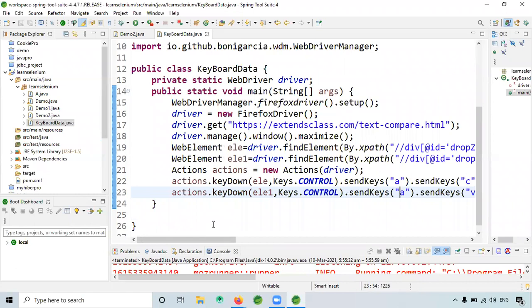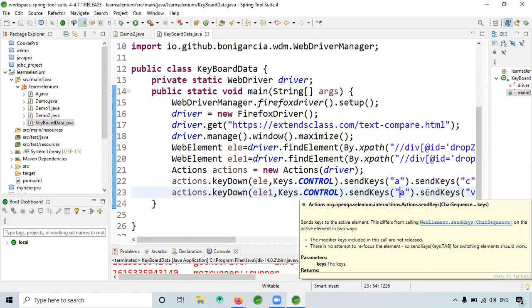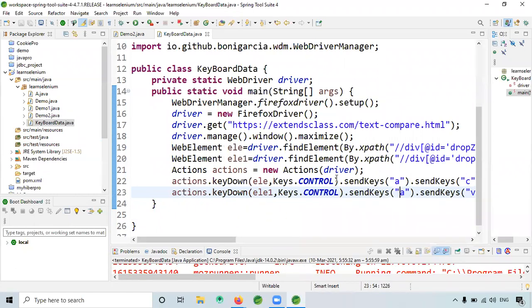To replace the text, if I give simply V, there might be a chance it will go to that edit box. It might not replace. What it will do is paste simply, maybe below that. There might be a possibility. So this is simple, right?